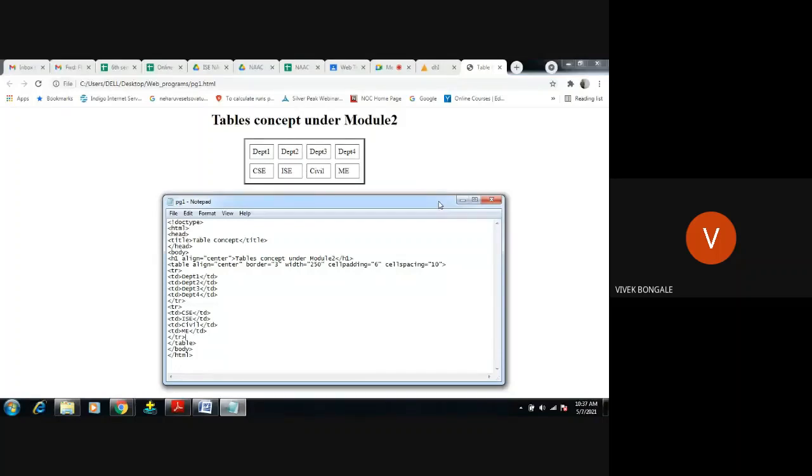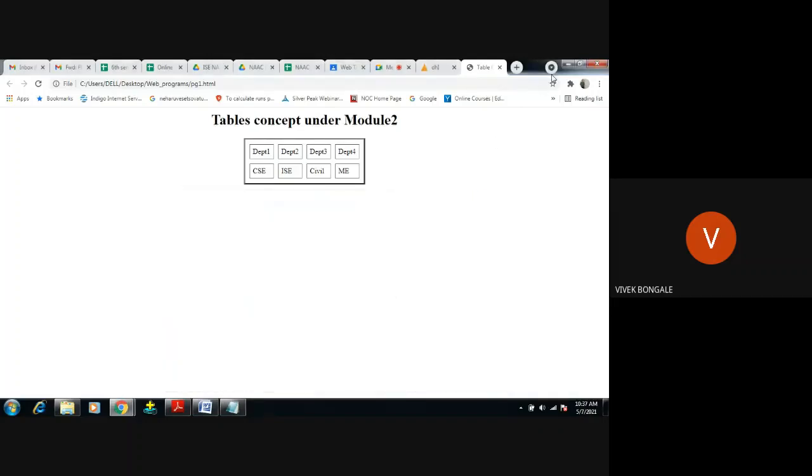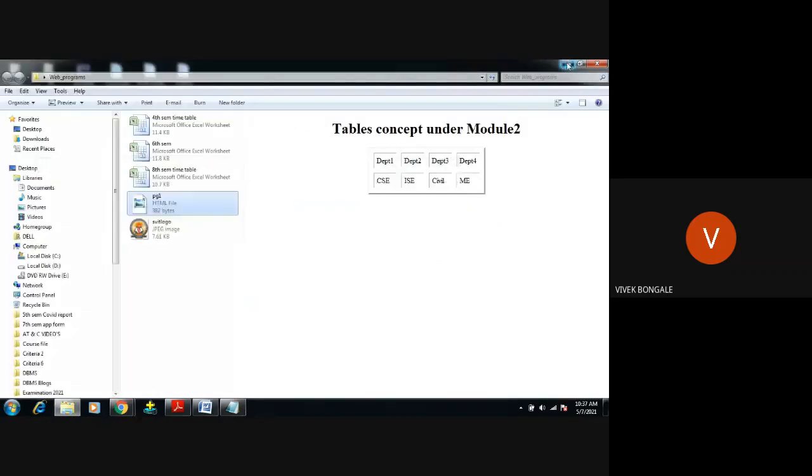Now what I want to do is merge the columns, and I want to merge the rows. So in Word, you guys have seen we can merge two rows or two columns. In any of this, like I want to show here, if you want to do this type of thing,